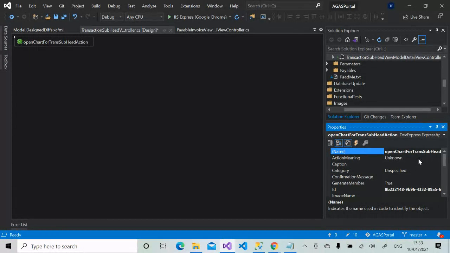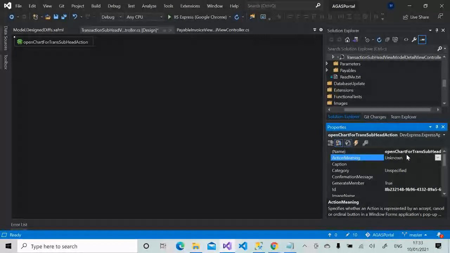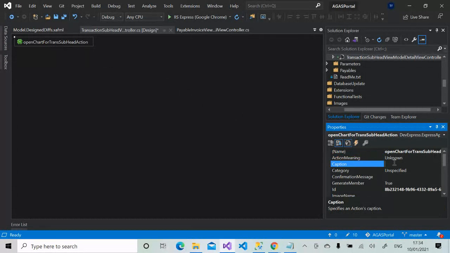You will see why it is good to always be very, very careful in your naming convention. There are possibilities that I want to open this chat picker in other areas of the application. The reason I named this particular one is so that when I'm relating with it in the application model, I see this name and know that this is the one I'm talking about. So the caption will just be open